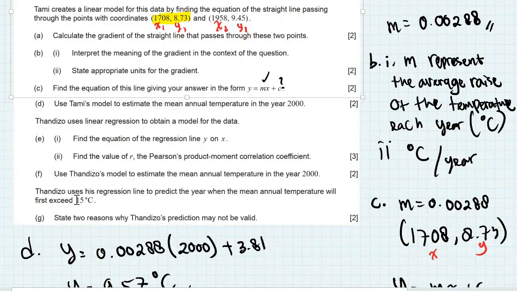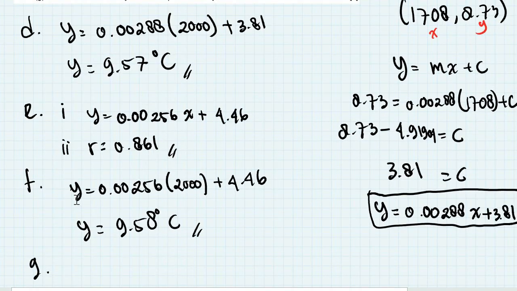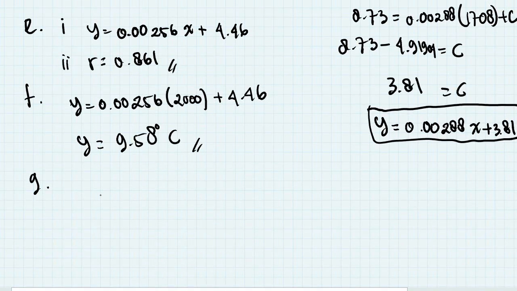To use 15 degrees means it is out of range. We call it extrapolation. Okay, this is the keyword. The first reason is extrapolation. The second reason,